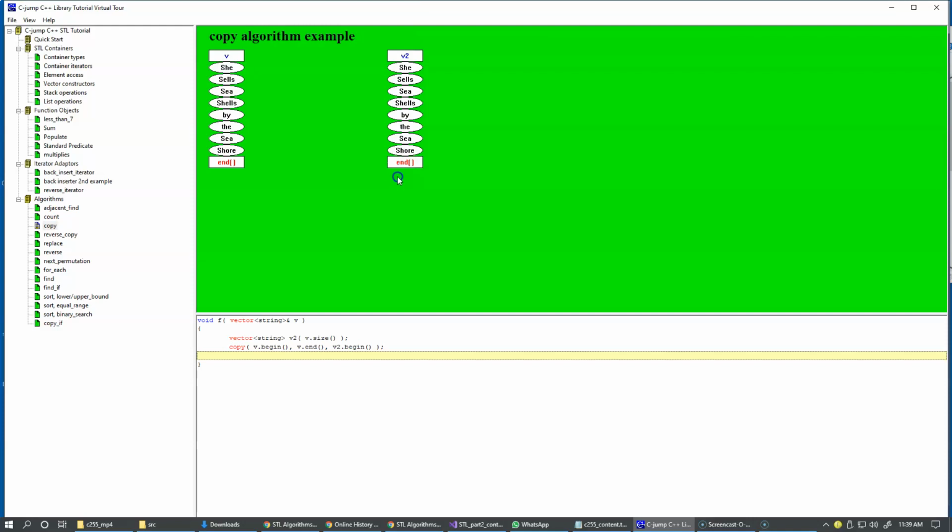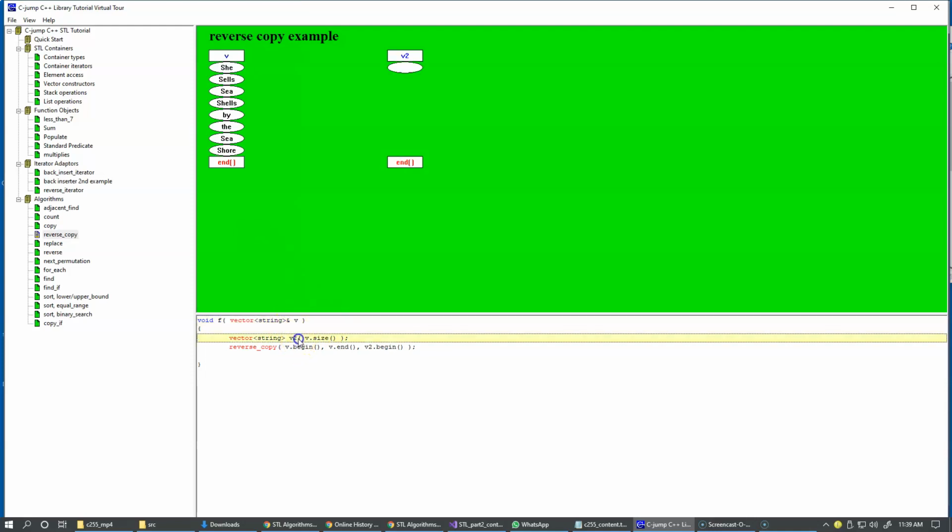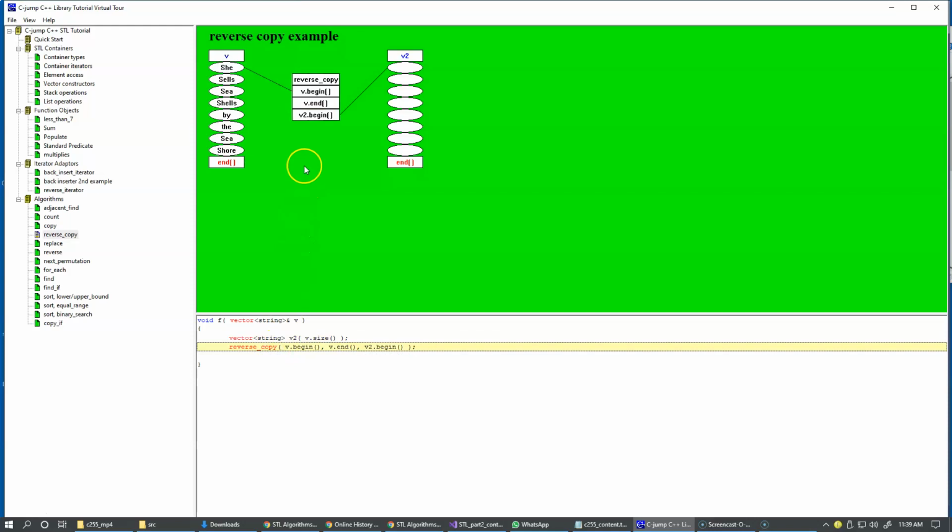Now another example would be a reverse copy. So reverse copy is very similar to the copy, but of course it's using from the beginning to the ending, and also specifying the beginning of the target vector, and also you have to reserve the space, but it's not very challenging because you already know the size of the source, how many elements are there. And when we reverse copy, it basically starts from the end and goes in reverse